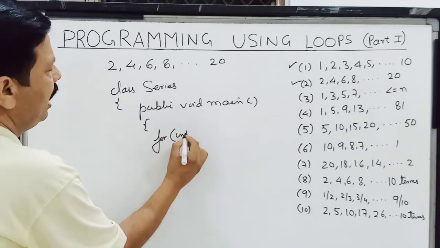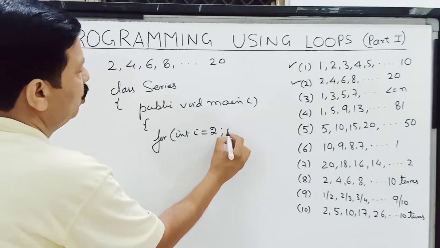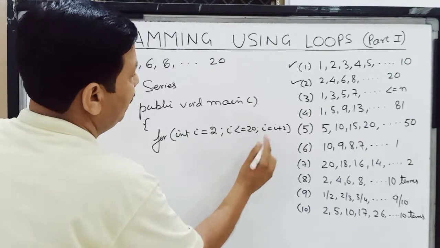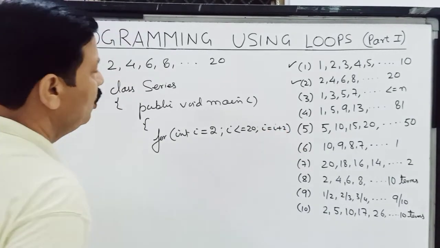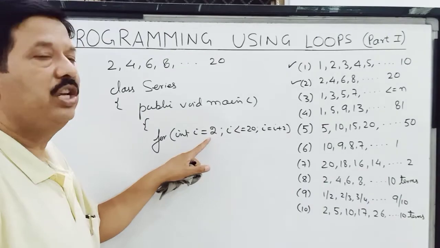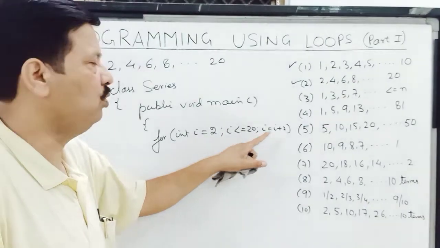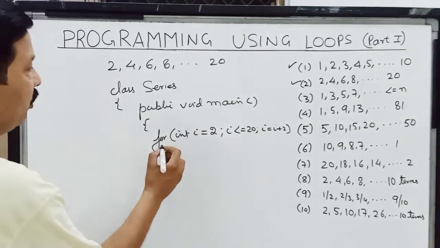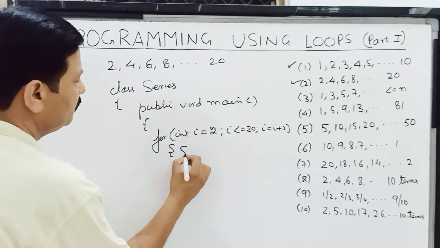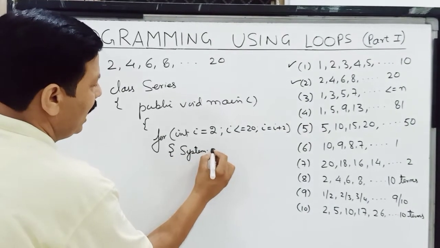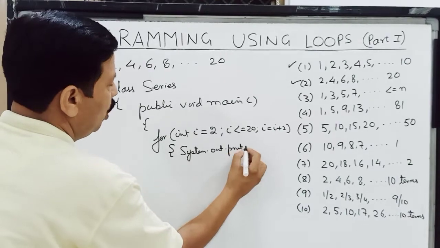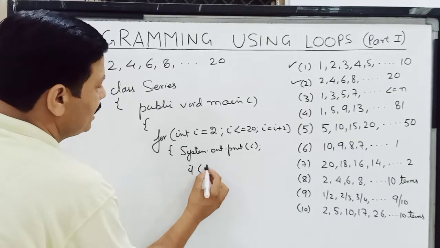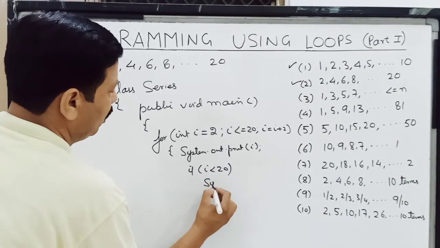And here children, I am running my loop starting from 2 till 20, but I am using my step size as I plus 2. So the value of I is going to be initially 2, then it is going to change by plus 2, 2, 4, 6, 8 you are going to get, and till 20. So here also children we can print I, and comma. I have told you how we can print a comma. So if I is less than 20, we are printing a comma in this.